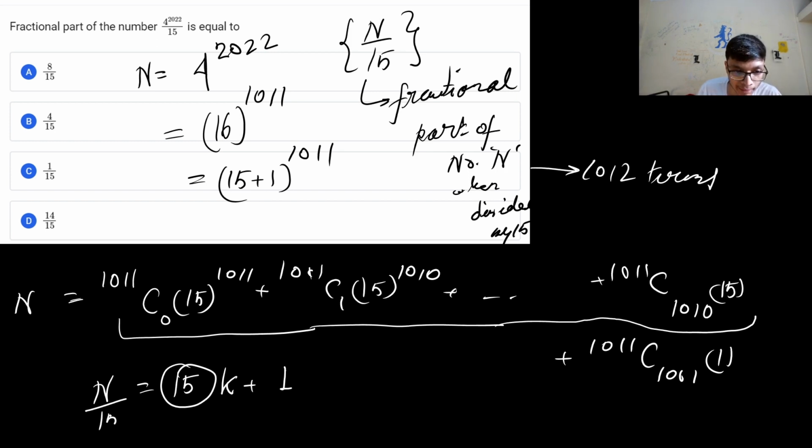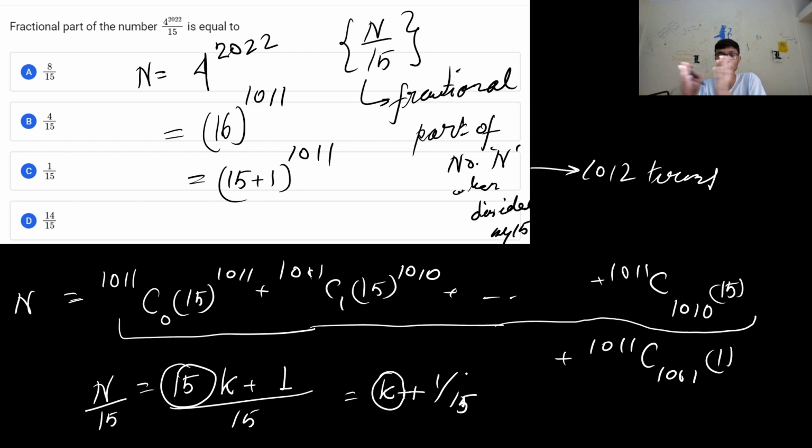So from here, if I divide this whole number by 15, I will see that this particular 15k will get divisible and we will be left with k plus 1 by 15. That means this k is an integral quantity which is added to a fractional quantity, when we divide the number n by 15. Okay. So यहाँ से एक important सी चीज निकल के आ रही है कि all the first 1011 terms get cancelled out by 15, and the only term we are left with is 1 by 15 over here।